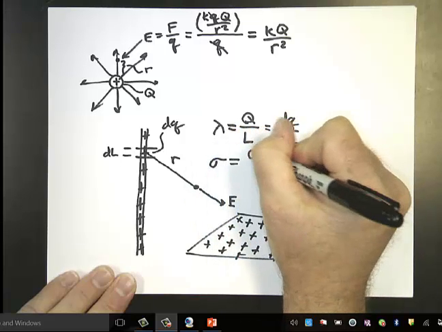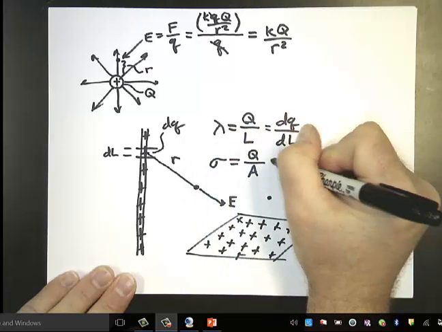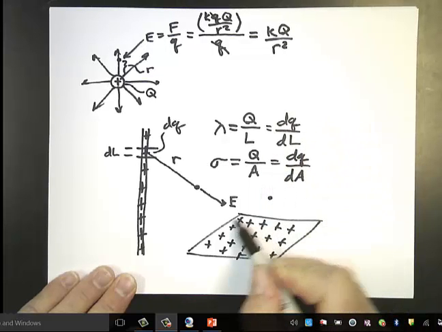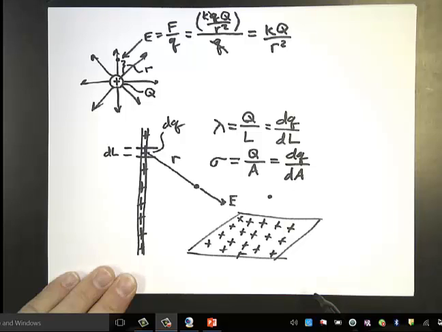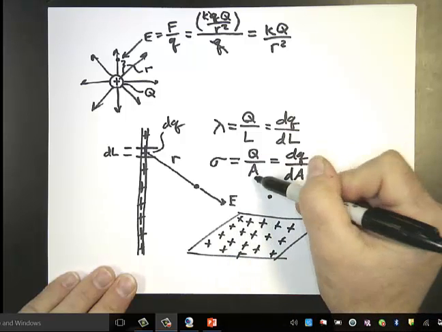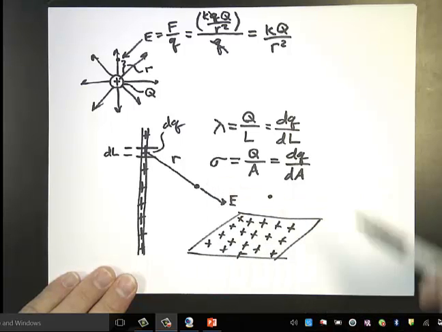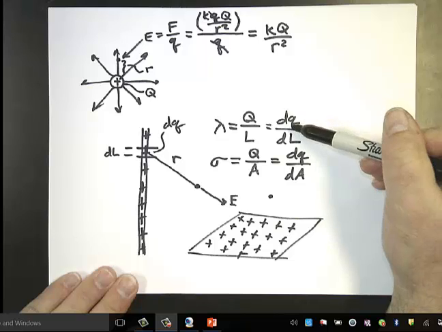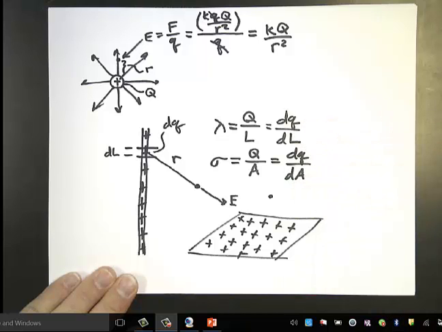So that's charge per unit area, or dQ/dA. So take a certain area of that sheet, figure out how much charge is on it, find the ratio of charge to area. It's called sigma. So lambda is length density, and sigma is area density. The last one